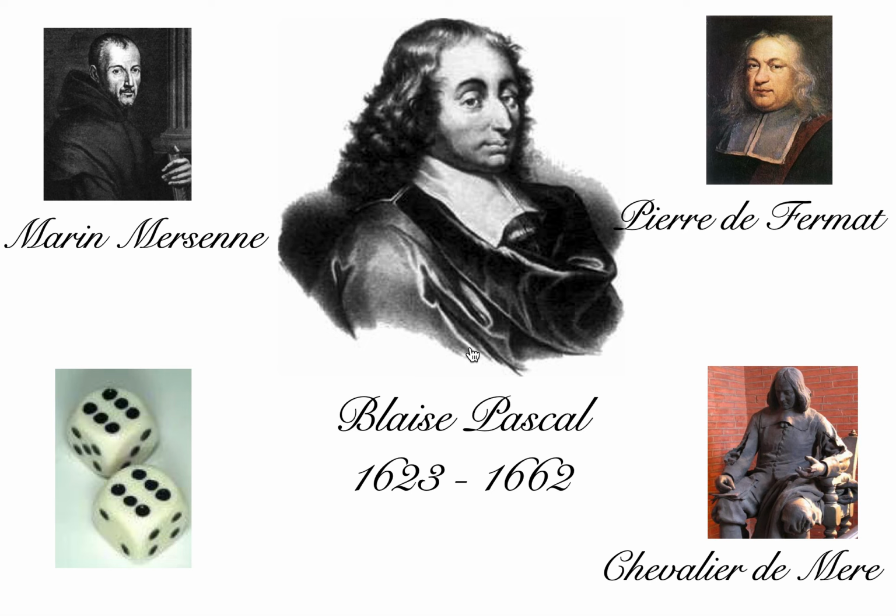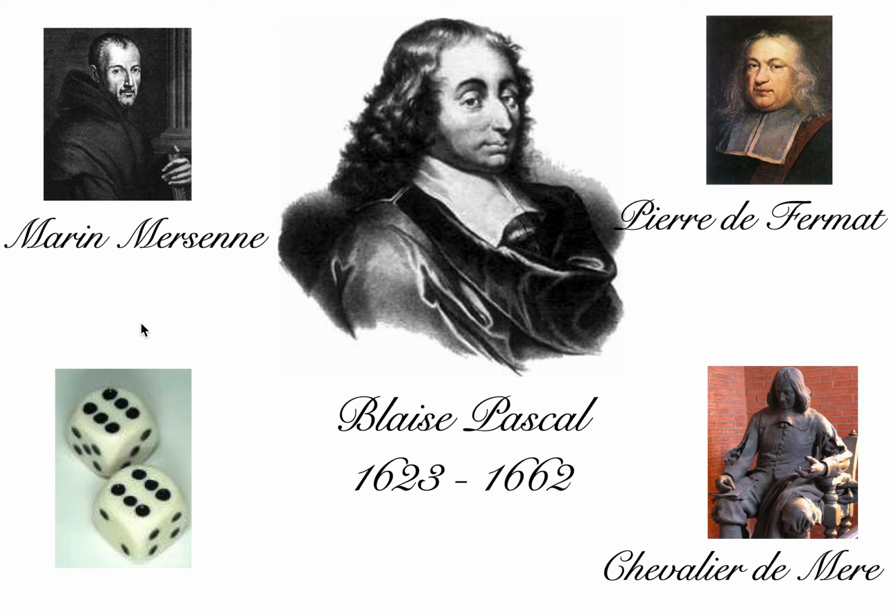Probably Blaise Pascal is the most famous of them all, and he's attributed with a lot of great mathematical developments, including the whole binomial theorem, and including the idea of what we call game theory. Marin Mersenne was a mathematical monk. Pierre de Fermat was a lawyer, actually, who was a bit of an amateur mathematician at the time, best known for Fermat's last theorem. And the Chevalier de Mere was just a rich aristocrat, and there's a little story I'll tell a wee bit later on, but I just wanted to throw out these guys.